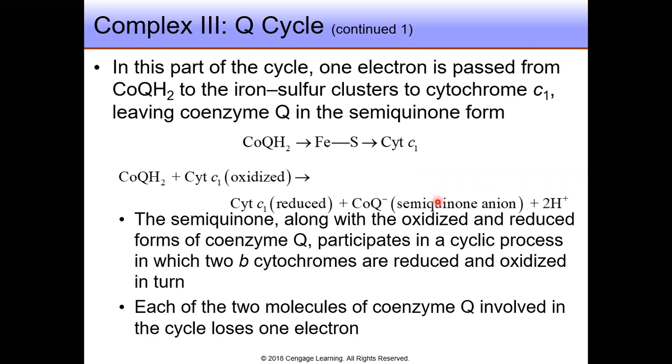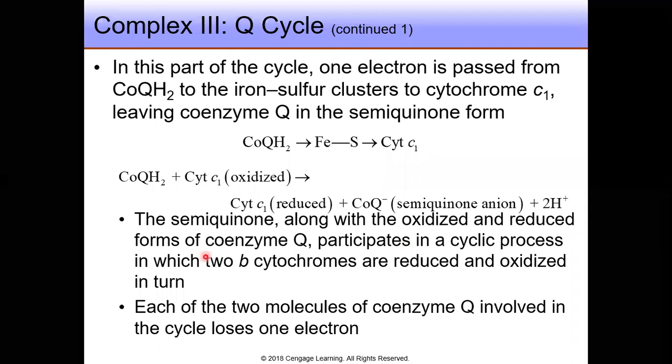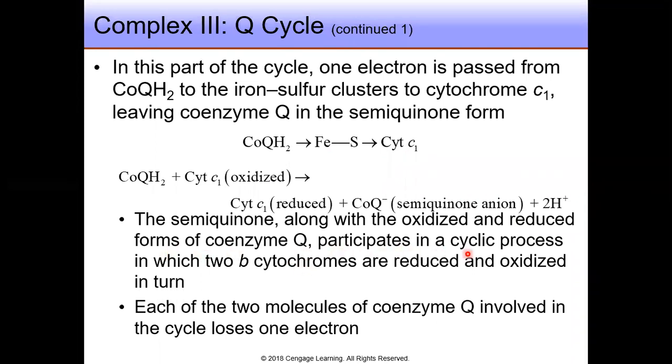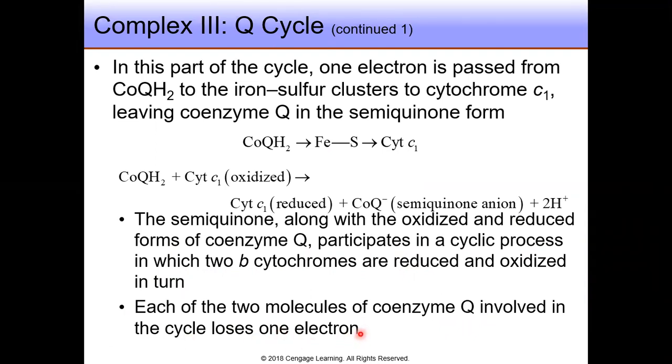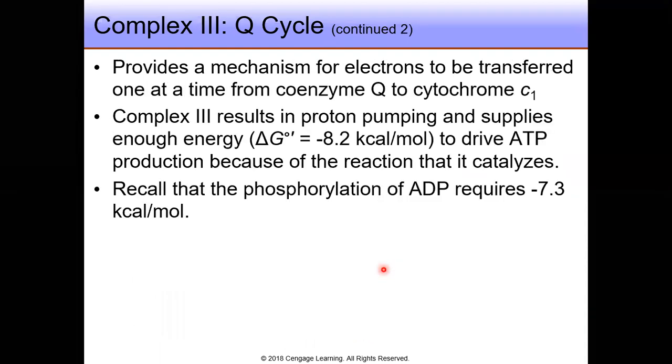Now the semiquinone, along with the oxidized and reduced forms of coenzyme Q, participates in a cyclic process in which 2 B cytochromes are reduced and oxidized in turn. Each of the 2 molecules of coenzyme Q involved in the cycle loses 1 electron. Again, complex 3, the Q cycle, provides a mechanism for electrons to be transferred one at a time from coenzyme